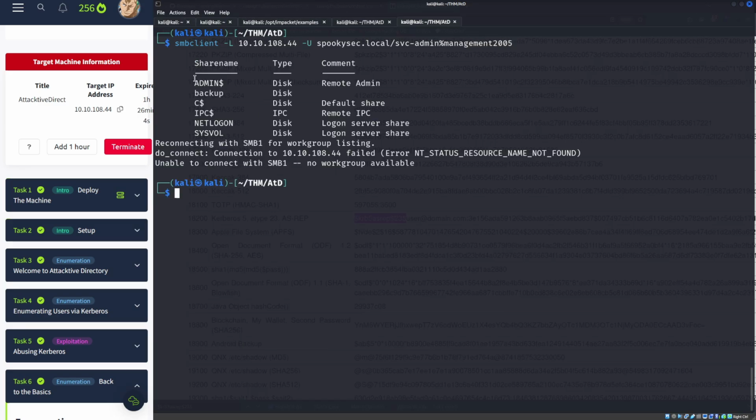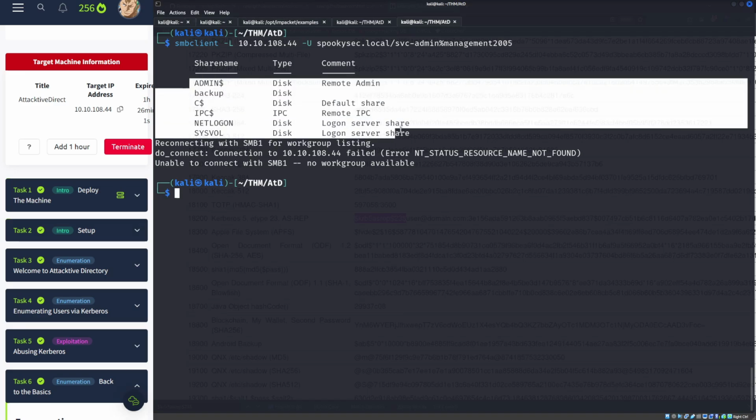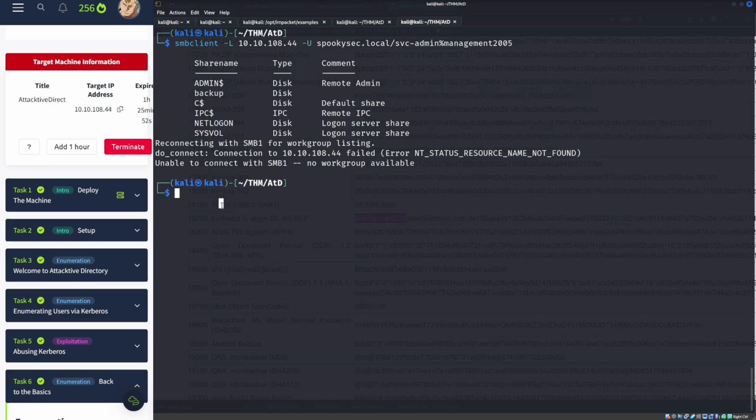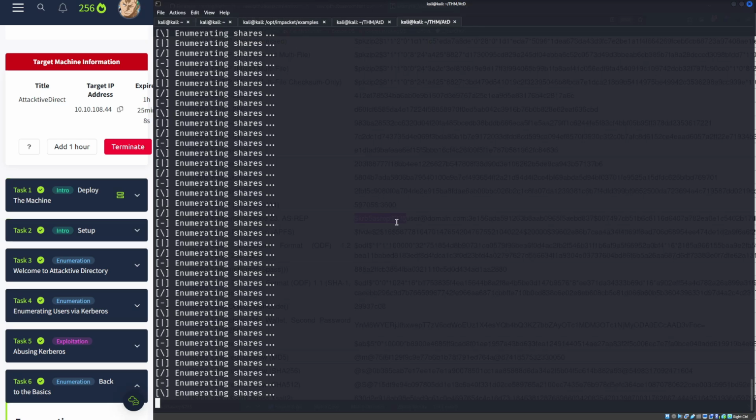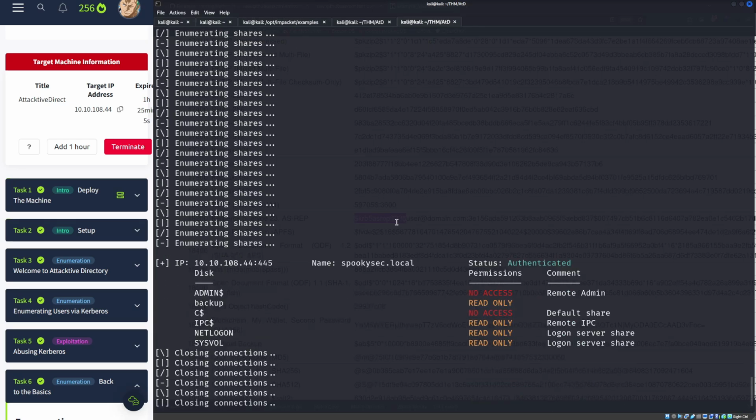And what it's gonna give you is the share name of all the shareable SMB disks. And to double check, you could also use smbmap. This is much easier to see what kind of privilege we have. So it is smbmap -u SVC admin -p for the password, which is management 2005, -d, just put a dot on it, I think domain, and then dash capital H for the host, and it's gonna enumerate shares, and with a bit of wait, it should show us the